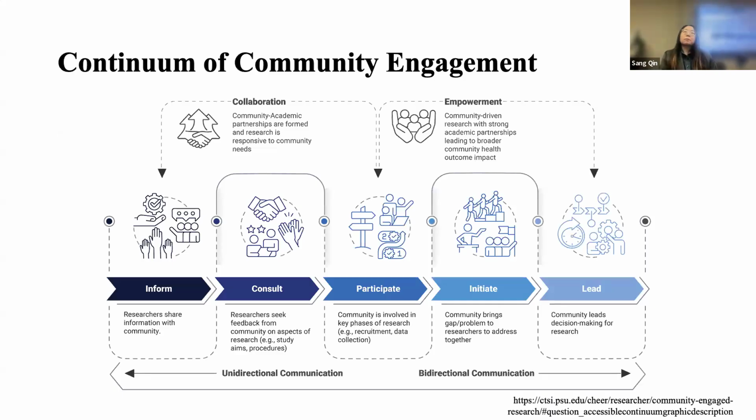When we're thinking about community engaged research, there are different levels, or different ways for us to categorize their involvement and understand what community engaged means. It may start from being informed. The researcher goes into the community to say, this is the research I'm doing. Then you invite them to consult on different aspects of your research project, to say, if I want to recruit people in this way, does that work? Or you can invite them to participate more, to take more active roles. But even further, at one point the community may come back to you to say, this is an important topic we want to study, and based on our previous partnership, can we do a study like that? Then they eventually move into leading the research project.